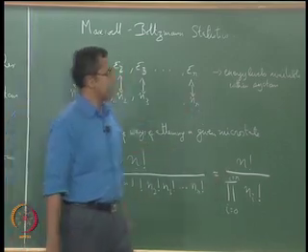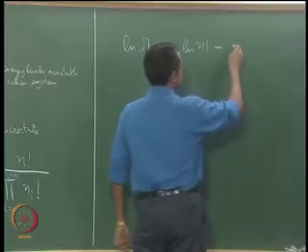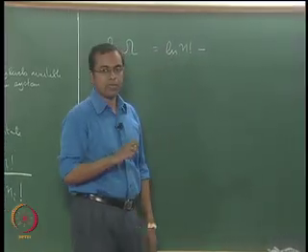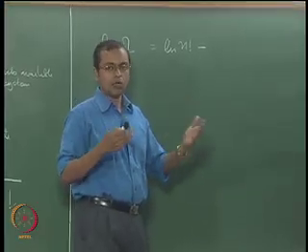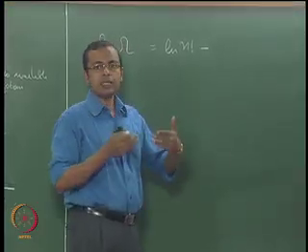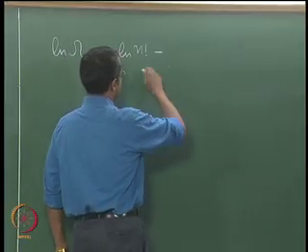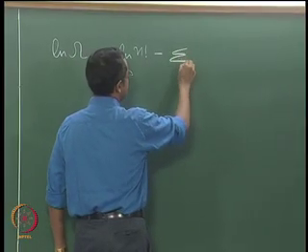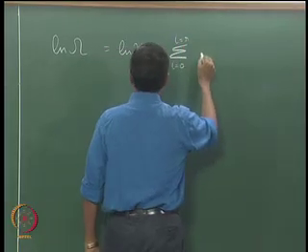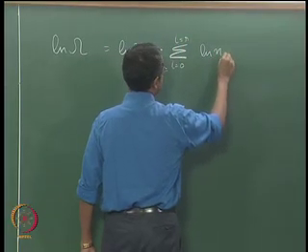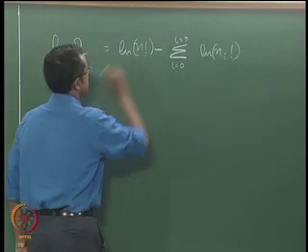With this compact notation we now write ln n factorial up there minus, and in the denominator we had a product of a whole bunch of terms. If you take the natural logarithm of it, it becomes a sum of the natural logs of all those terms. So therefore we have minus sigma i equal to 0 to i equal to r of ln ni factorial. Okay, so this is what we have.